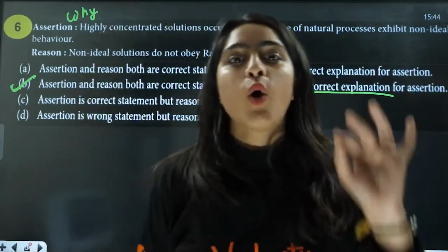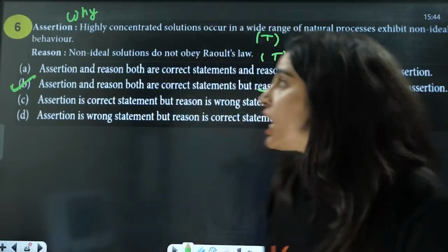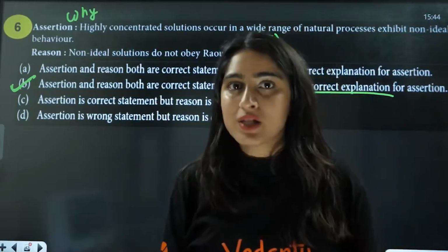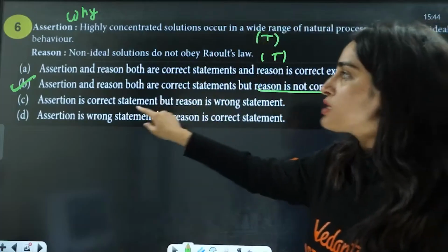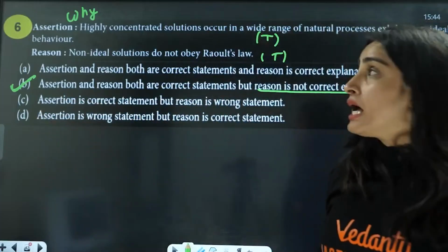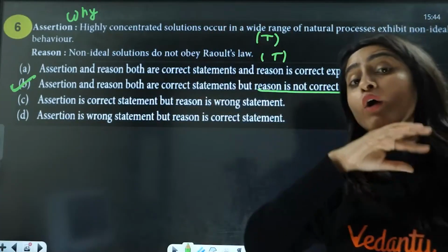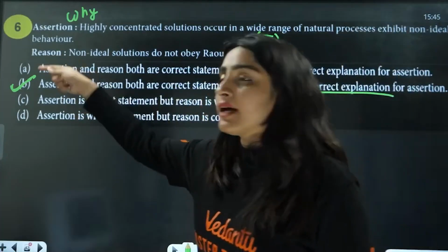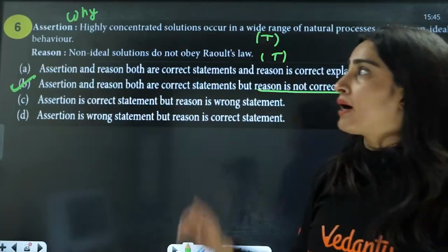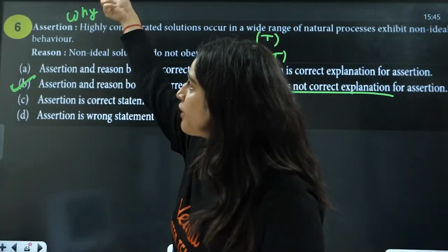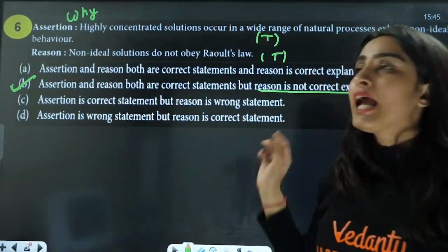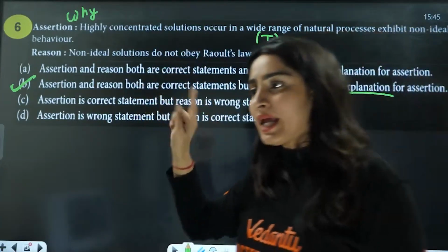The trick to do assertion-reasoning questions is that firstly find out whether the two statements are true or false. If any of them is false, C or D can be the answer. If both of them are true, then the answer will be either A or B. Now this is the tricky part. Here write it out: why this? If this why is giving the answer, then it will be A. If it is not giving the answer, it will be B.